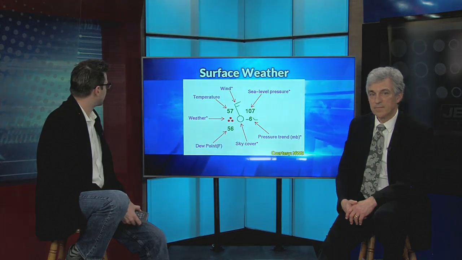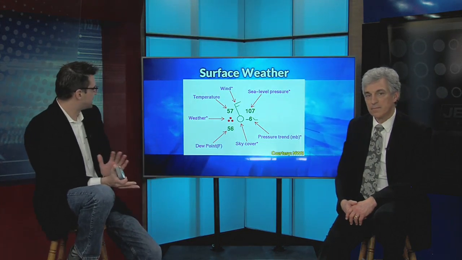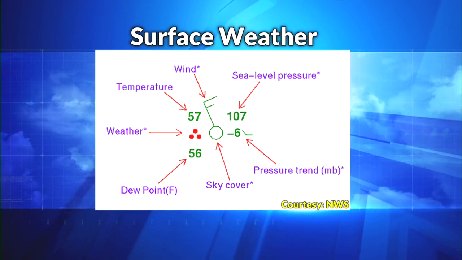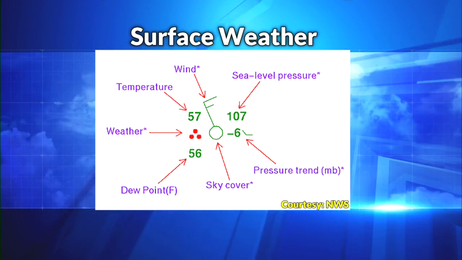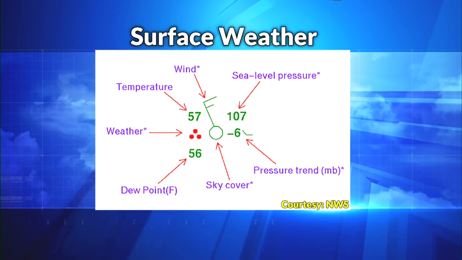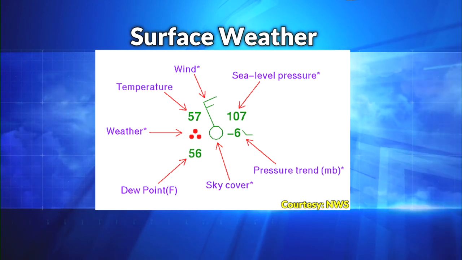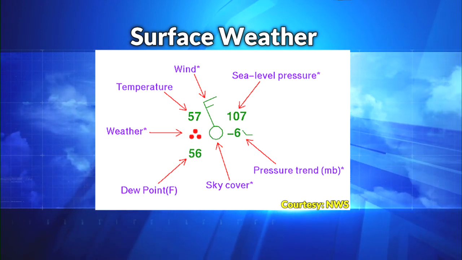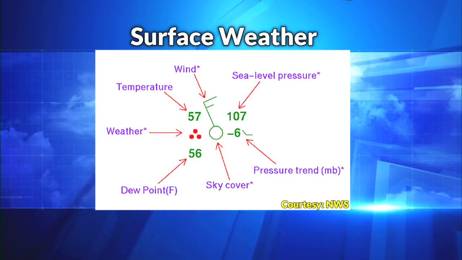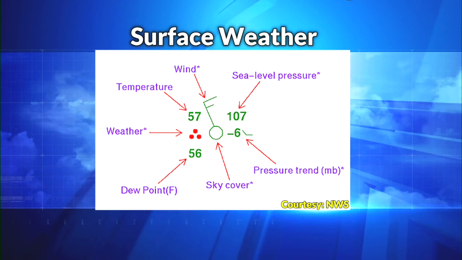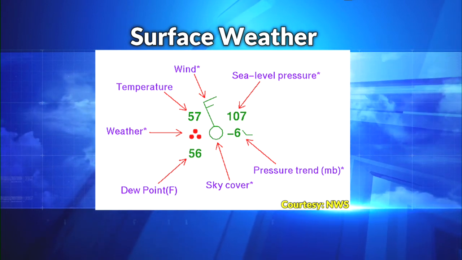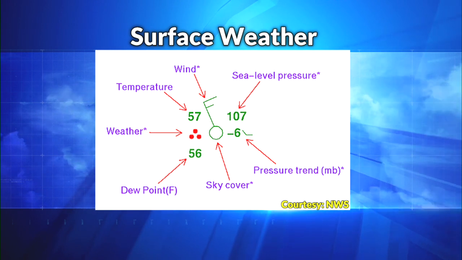So let's take a look at a couple of other graphics here that we've put together, and we'll go over these real quick. This is what we call a surface weather model. We use these all the time, 24 hours a day in the weather department here. It's a funky looking thing, but we have to look at data, wind, temperature, dew point, pressure, all in a very small area. So the Weather Service came up with a very efficient way of packing a lot of weather data on one symbol.